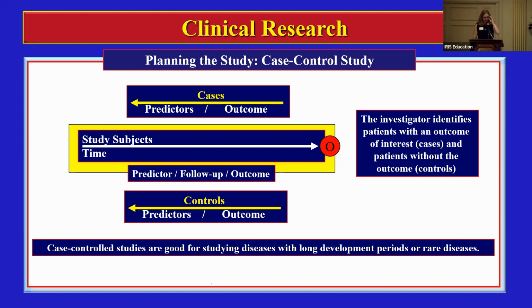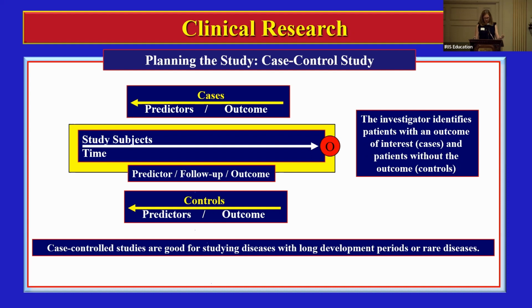So with a case-controlled study, the investigator identifies patients that already have that outcome of interest, which would be your cases. And then they also get a group of patients who do not have that outcome of interest, which would be your control. And then we compare the two groups in terms of possible risk factors. Some strengths of this study design is that they're very good for diseases that have a very long development period or things that happen infrequently, like rare diseases. And they'll also be able to examine a large number of predictor variables in one go, which is really useful